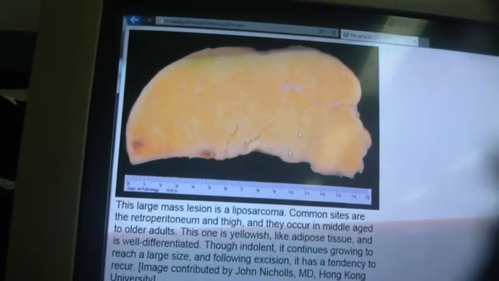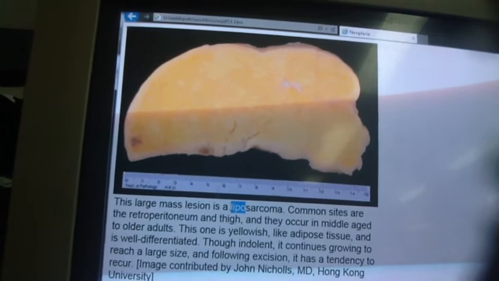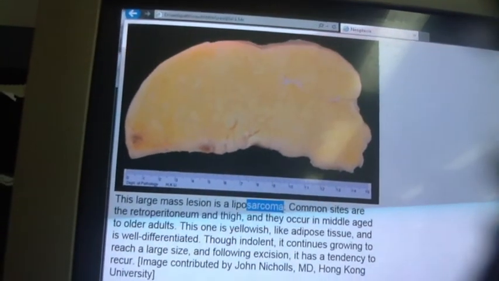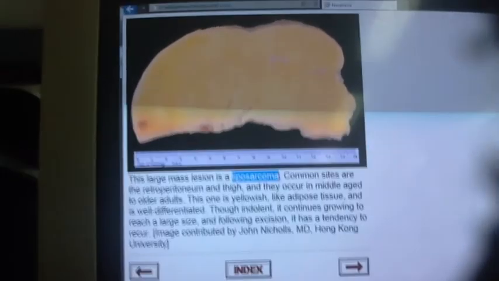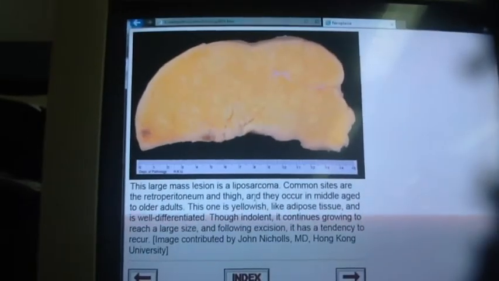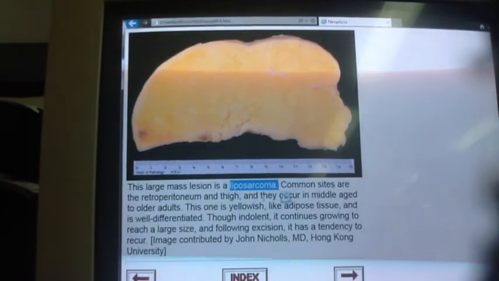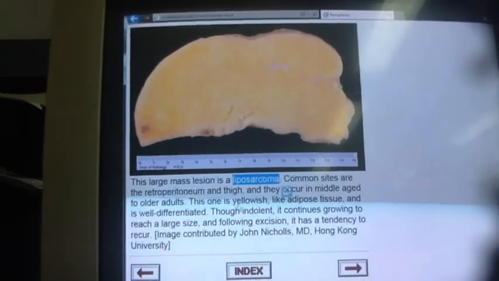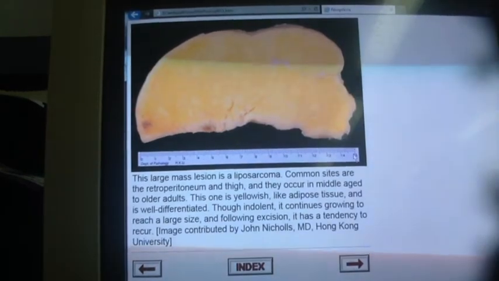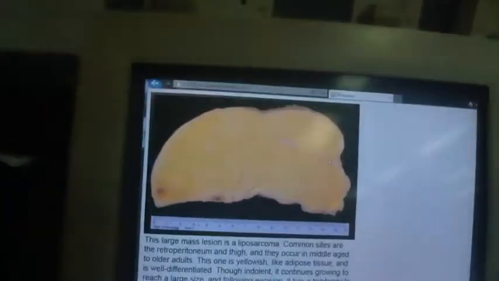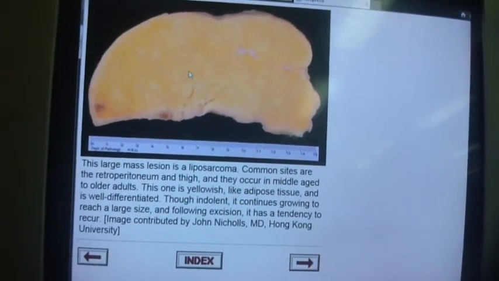Another example of sarcoma is the liposarcoma, which is sarcoma of lipo, meaning adipose tissue or fatty tissue, and sarcoma is malignant tumor. So we have liposarcoma, which is the malignant tumor of adipose tissue, different from the lipoma, which is the benign tumor of adipose tissue, while the malignant type is called liposarcoma. In this example, we have this large mass of fatty tissue. It measured 15 centimeters in the greatest dimension, and the cut surface of the tumor is very homogeneous, yellowish in